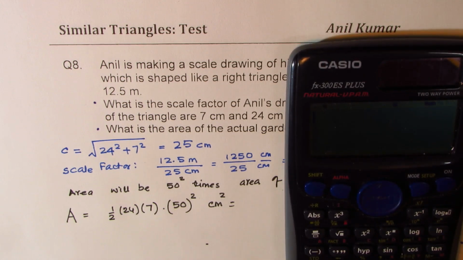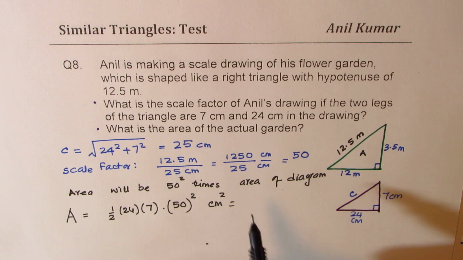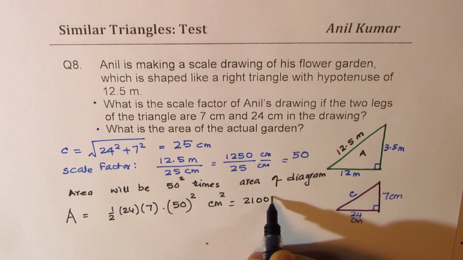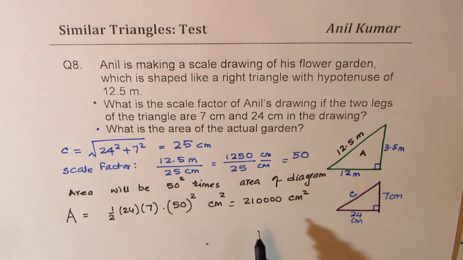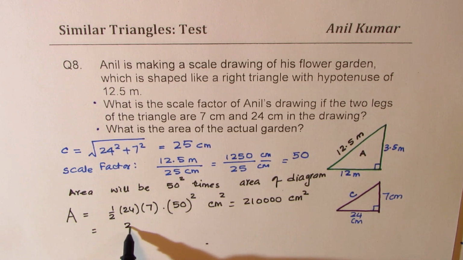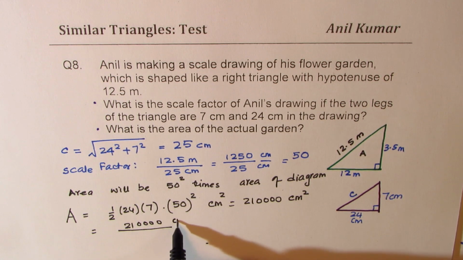So let's find it. We have 24 times 7 times 50 squared, and we are going to divide this by 2. So it gives us a very big number, 21 and 4 zeros. This is in centimeters squared. It's good practice to write this answer in meters squared. So this will be equal to 21, 4 zeros, divided by, this is in centimeters squared,